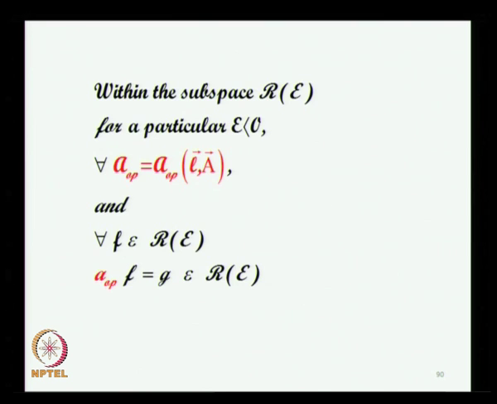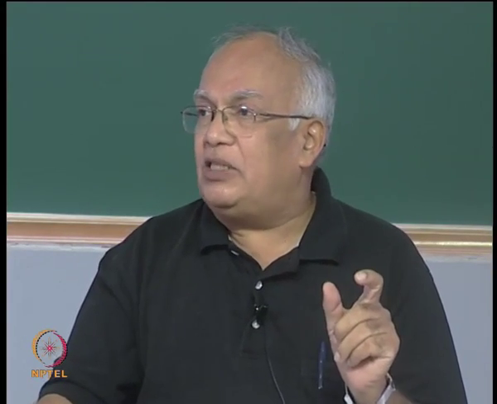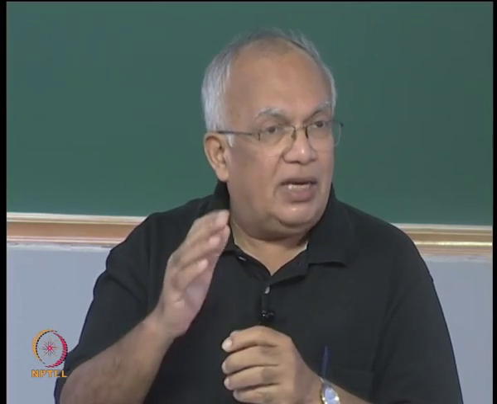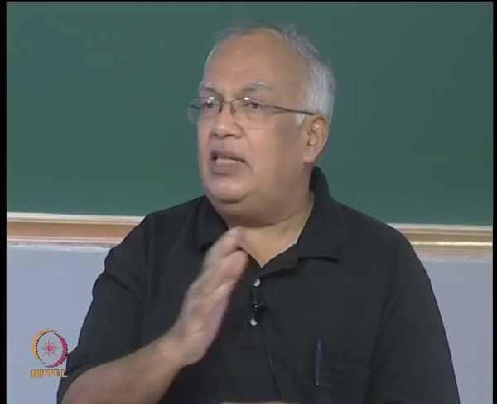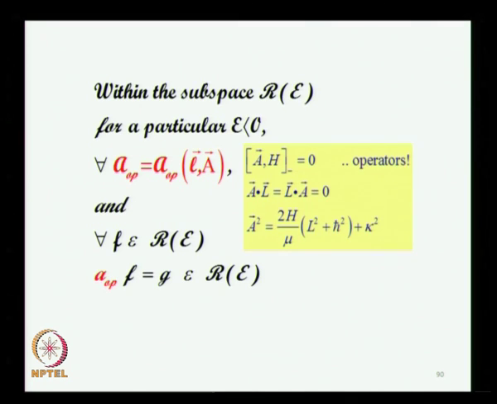What it means is that in this subspace, if you have any operator A, this script A, any operator which is a combination of angular momentum and Pauli-Lenz operator, then if this operator operates on any function in this subspace, the result G will also belong to the same subspace. That is what essentially it means when we say that we are working within a certain subspace of the Hilbert space. So you confine yourself to that limited portion of the Hilbert space, which is a finite extract. You scoop out that part of the Hilbert space in which all the energies belong to a particular bound state energy E less than 0, and within this subspace you have a closed algebra generated by these 6 generators of the SO4 group, and within this subspace you can then work out these details,